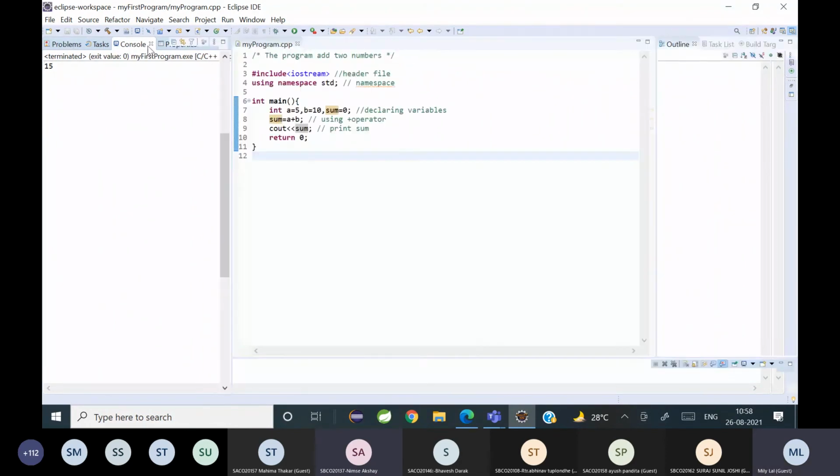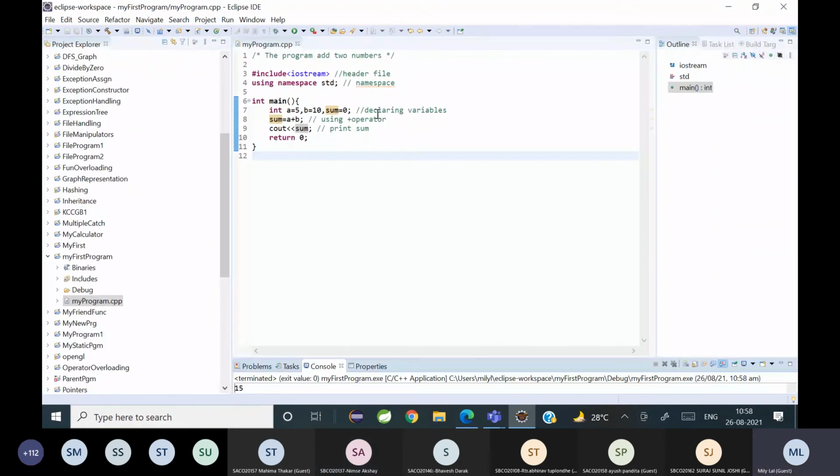It's not necessary, dear, but I'm just initializing it with a value 0. Initializing means, just like when you get a container, you wash it before using it, right?